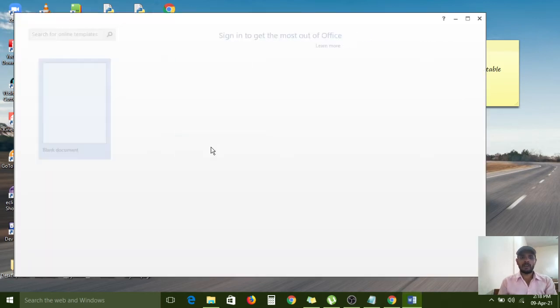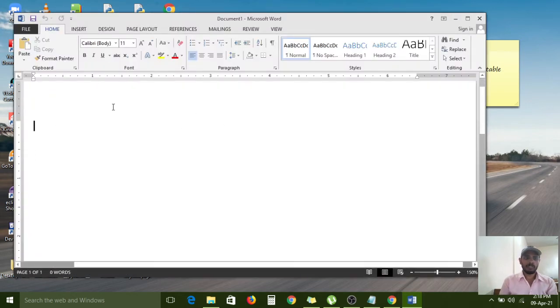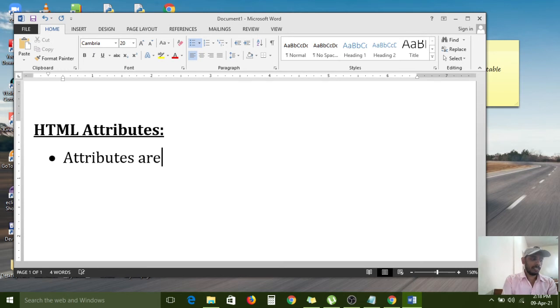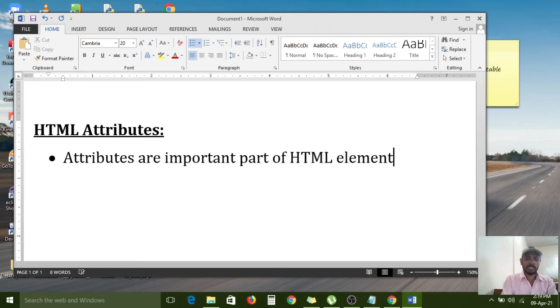For that I am opening one Microsoft window. I am changing the font and increasing the font size also. Now, HTML attributes is my concept. Attributes are an important part of HTML elements.